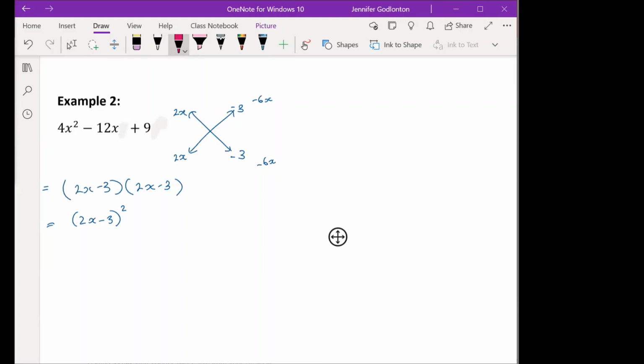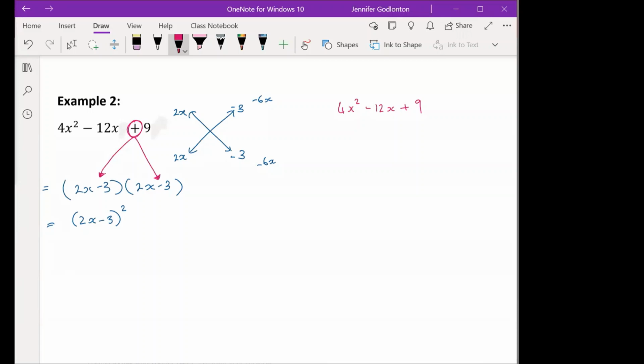Okay, and then if you wanted to do it the second method, oh, sorry, I see you have a question. How can I help? Ma'am, I see that with this one, the sum that you gave us, the 9 was a positive, and they were both negatives. Yes. So remember, if this is a positive, the signs just have to be the same as each other. Yes, ma'am. I understand that part. So, if let's say the 6 on top was a positive and the one at the bottom was a negative, would we have to change the signs?